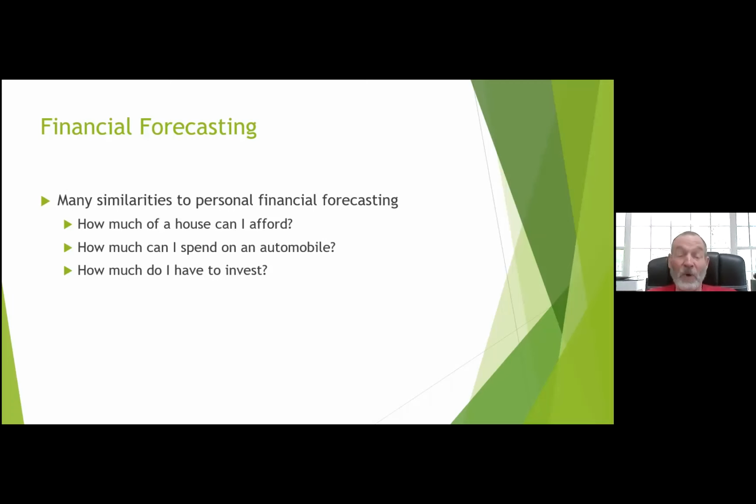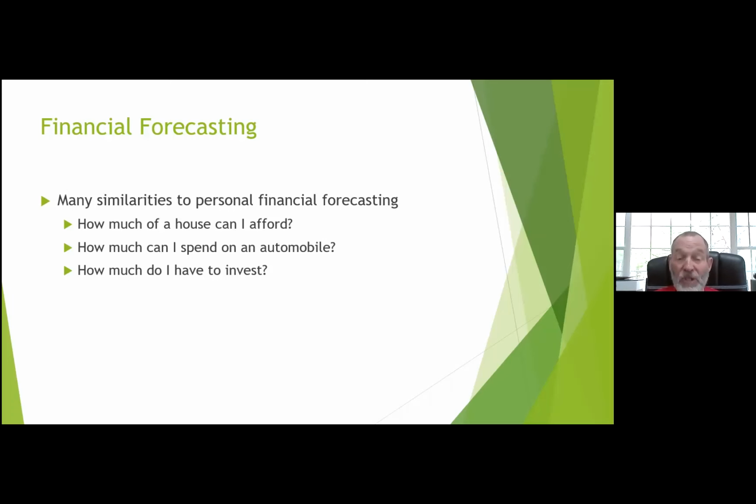It's like, I want to buy a house. I don't want to rent an apartment anymore. I want to buy a house. Well, how much of a house can I afford to pay? I want an automobile. How much can I afford to spend on an automobile? And any excess amounts I might want to invest for the future, maybe in a 401k plan or a separate Roth IRA, something like that. So the financial forecasting component of this really enables you to make that kind of determination,